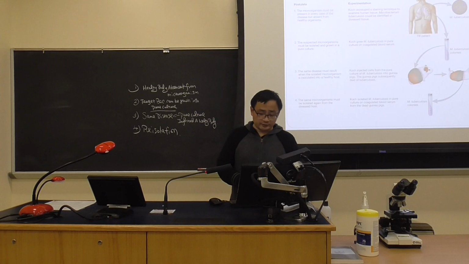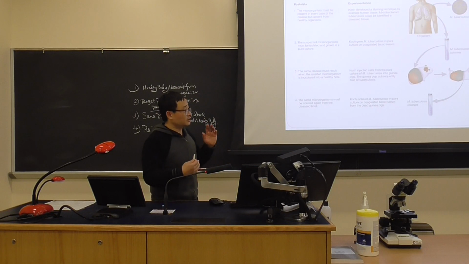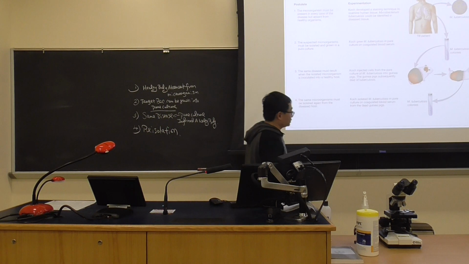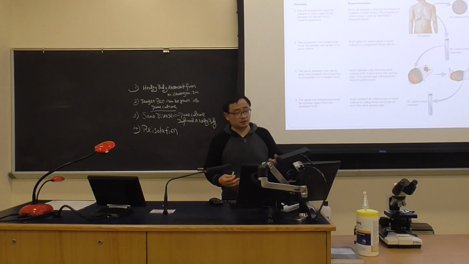And the picture here is of tuberculosis. So Mycobacterium tuberculosis, we'll talk about in detail next week. Isolated from the TB patients, and then we get the pure culture, and the pure culture goes to a guinea pig, and the guinea pig gets the same tuberculosis, and the Mycobacterium tuberculosis can be re-isolated from the guinea pig. That is Koch's postulates.